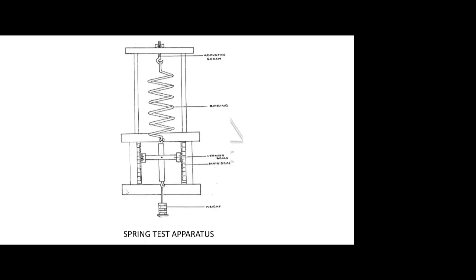In the case of our machine, when we put the extension spring, we can make the initial reading 0 by adjusting this hook. We can rotate it, pull it up or down, so that we can make it 0. Whereas in the case of the compression spring, such adjustment is not possible with our machine.